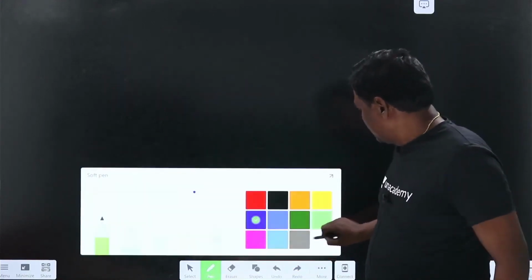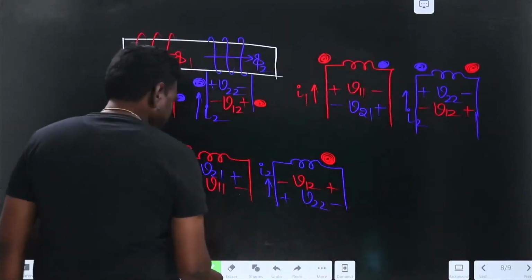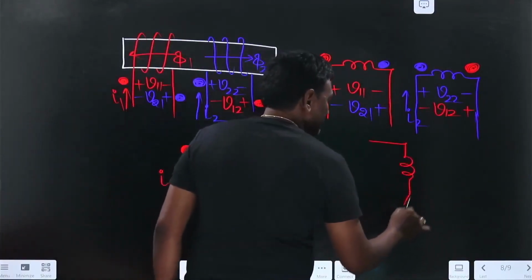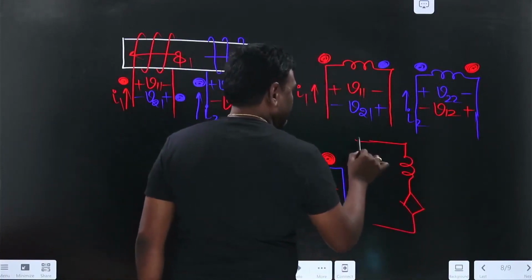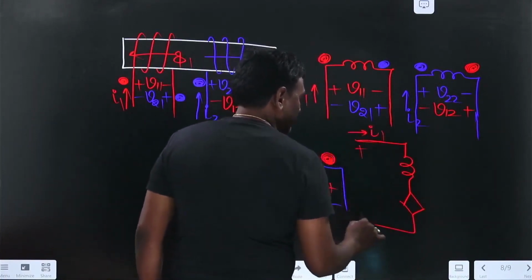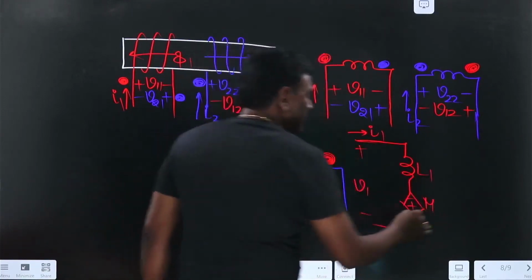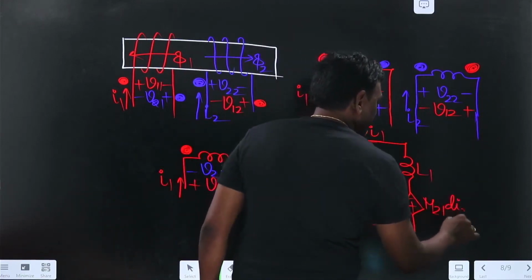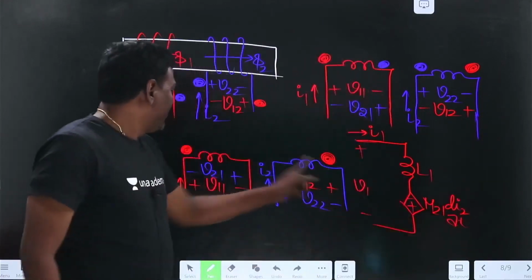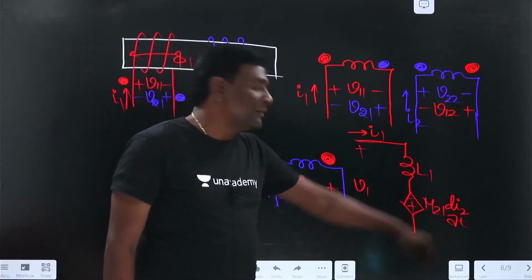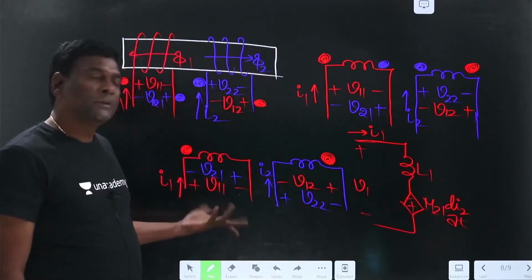Now we will be able to convert this by converting it into dependent sources also. You know that, right? It's simple. Okay, let me write. See here, this is going to be L1, this is going to be I1, this is going to be V1, this is going to be L1 minus plus M because of 2 in 1. So V1 equals L1 di1 by dt minus M21 di2 by dt. In that way, that's it.